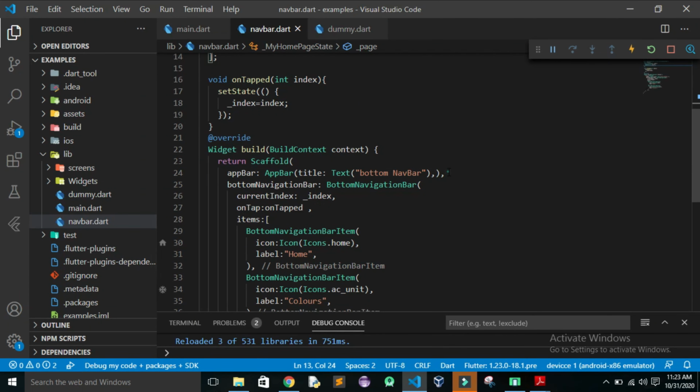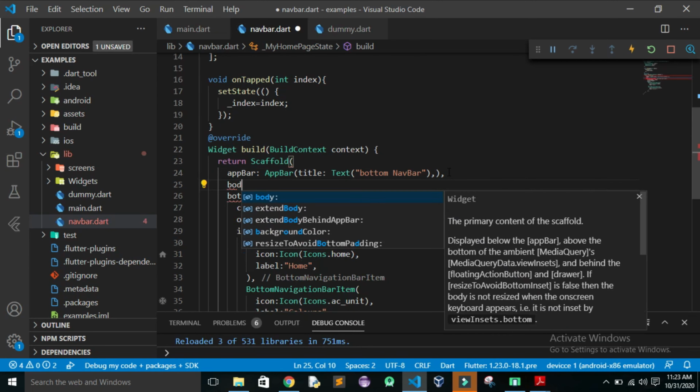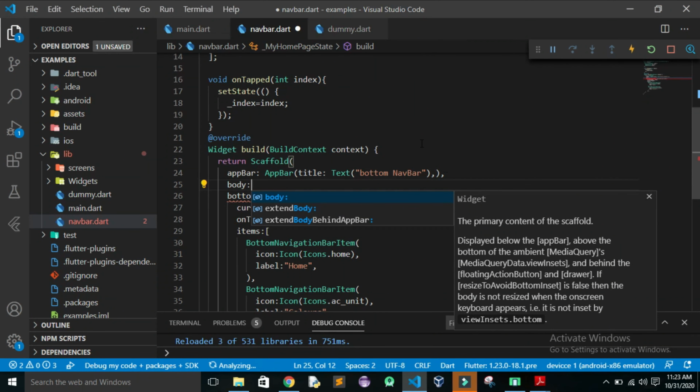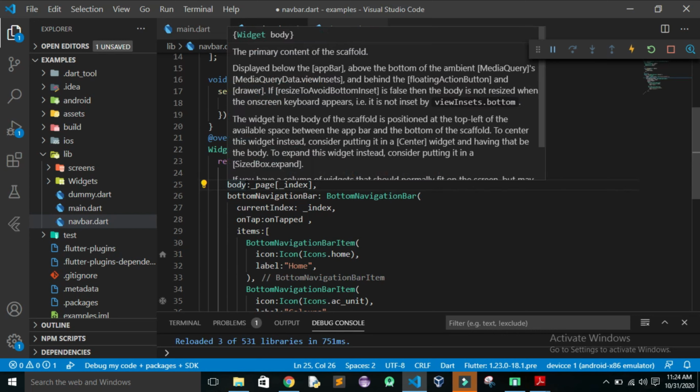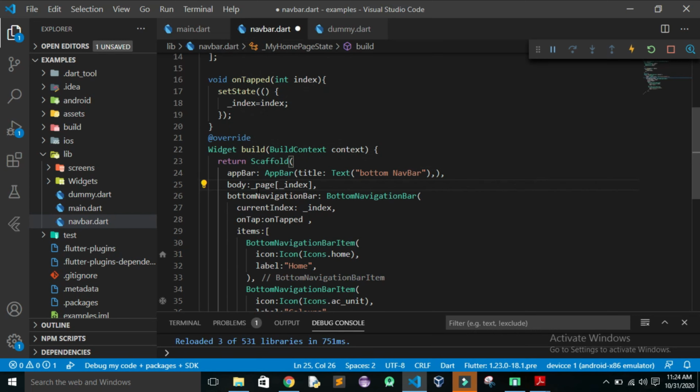So now we can use that, and in body I'll use page and page of index.